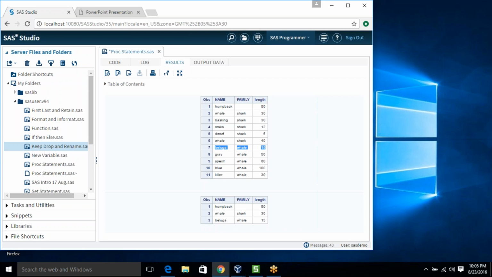No, remember one thing. First, it will sort your data based on the family. Here you can see it's sorted. Blank will always come first, then S, and then W. By default this is your first record, so it will select that one. For whale, this is the first one, so it has taken that one. Got it?